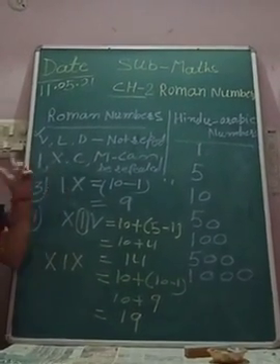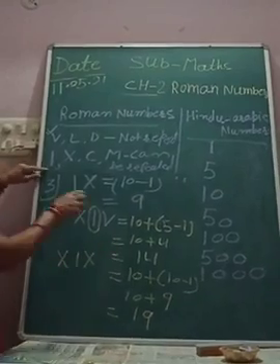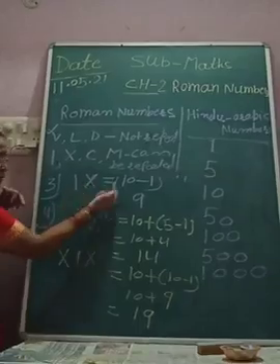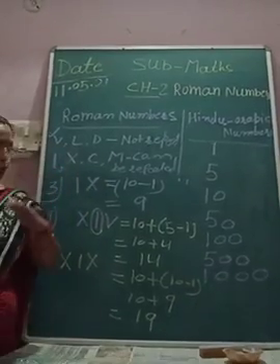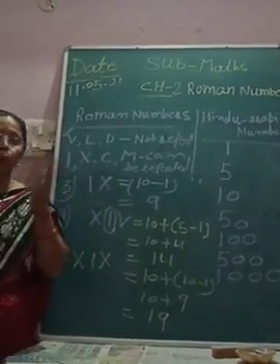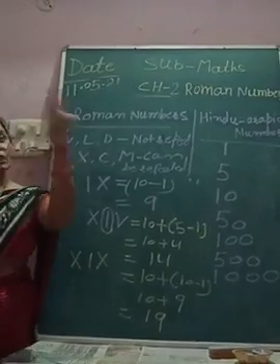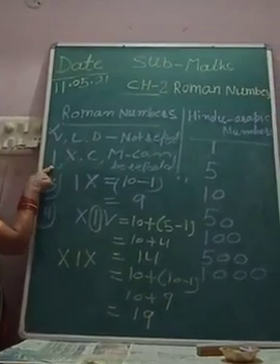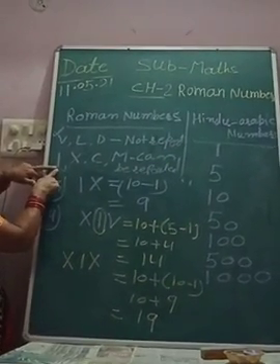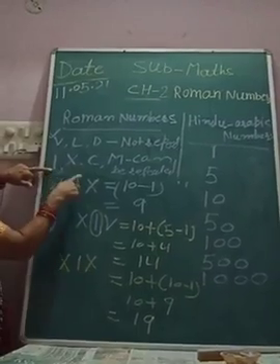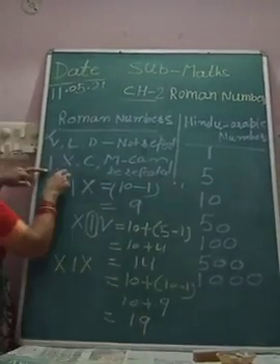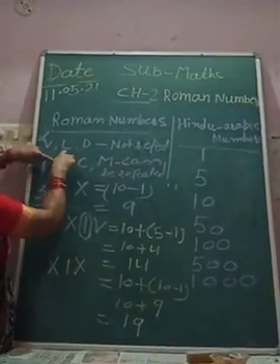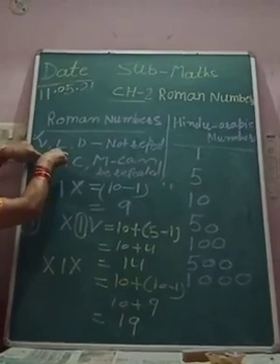Which number will you subtract? As I have explained, you subtract the lower digit. You know, when you have to subtract any digit, what do you do? You always subtract the smaller digit from the larger one. The same is here also. You can subtract this one from 5 and 10. This 10 you can subtract from here. Clear or not? Yes, ma'am.